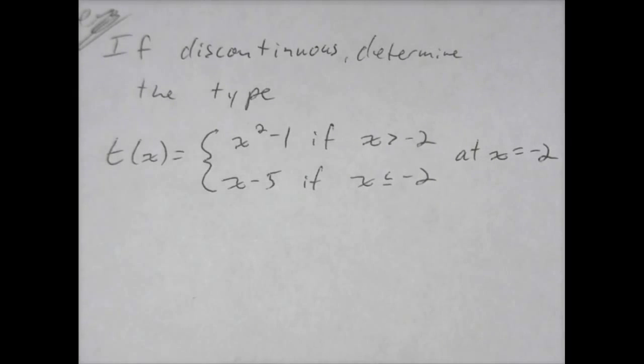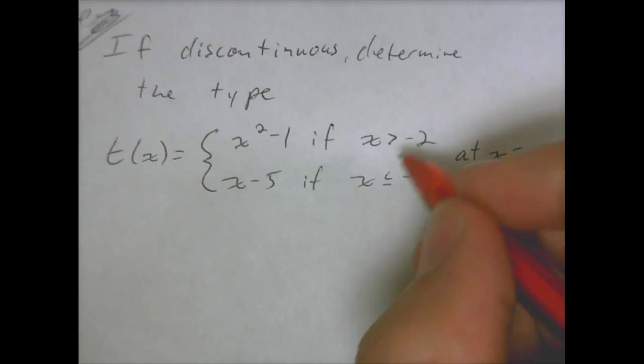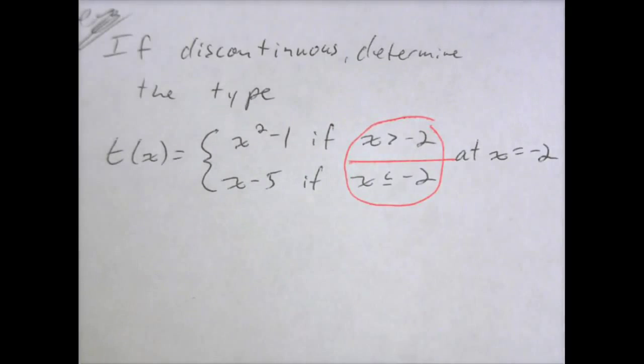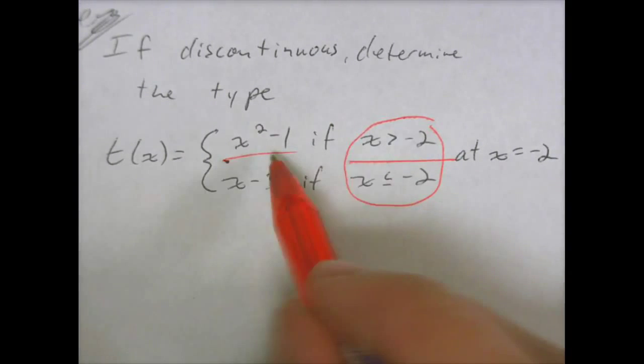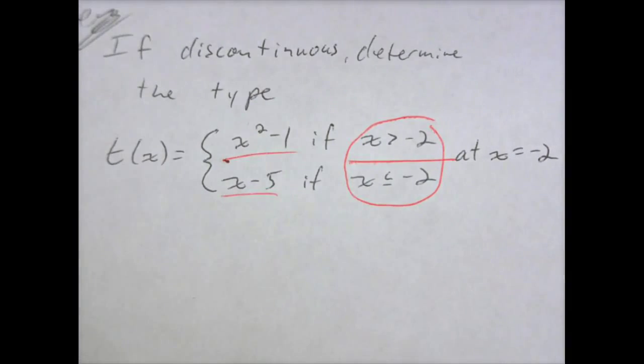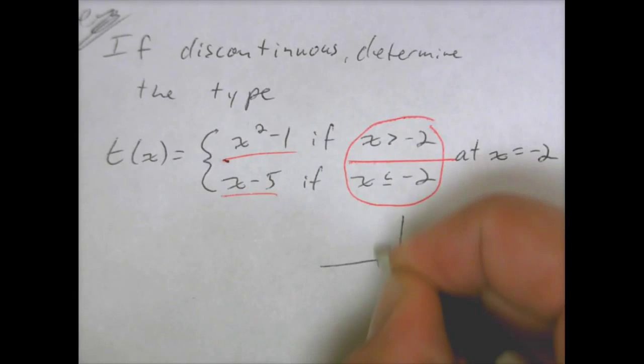So with this one, this is a piecewise function. If you don't remember what that means, or you haven't seen it yet, pretty much all this means is at -2, we are going to have a split. We're going to have this graph when x is greater than -2, and this graph when x is less than or equal to -2. So that would look something like this, -2,